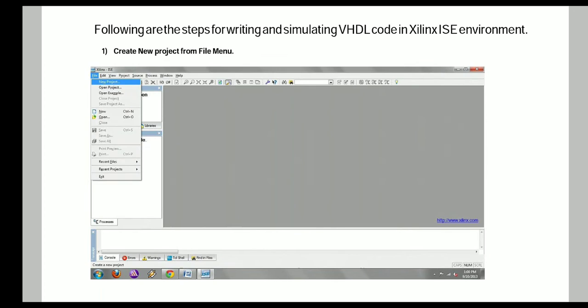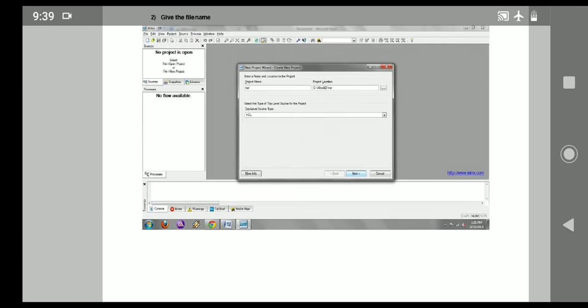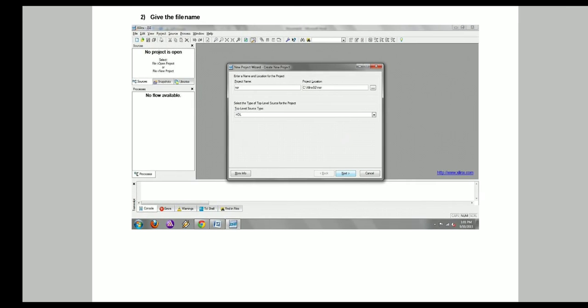As we are going to create a new project, we have to open the new project window. Then the second step is that we have to name that file. Once you have selected the new project window, this screen will appear in front of you.